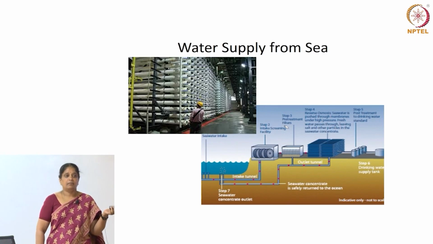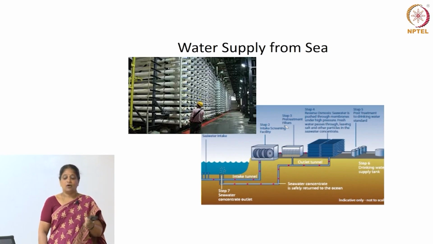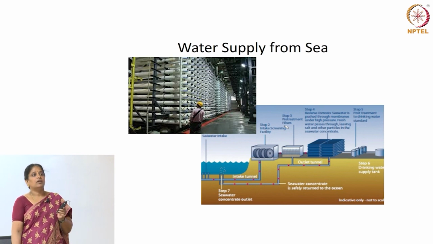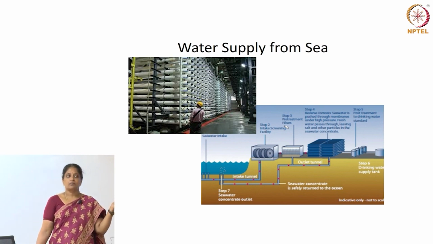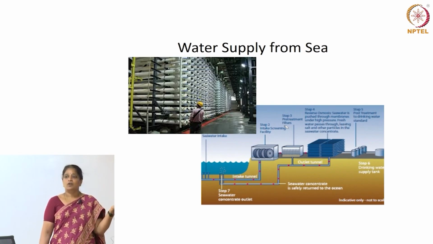Similarly, we can play a major role in water supply: lakes, rivers, wells, and also water from the sea. Environmental engineers are involved in the design of large scale RO plants, not just for water from the ocean. The recent trend is, what if you are not close to the ocean? If you are somewhere in the middle of Madhya Pradesh or Uttar Pradesh, we can also take water from the wastewater which we or the industries are discharging,